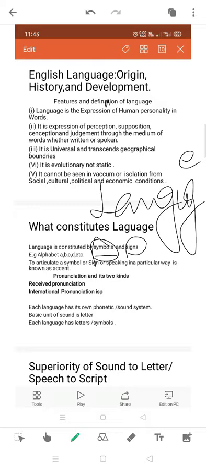Like in English, we have alphabets A, B, C, D, E, F. In Urdu, we have Alif, Be, Pe. In Hindi we have ka, kha. In other languages there are alphabets. There are some languages that possess their own manuscript. There are certain languages that don't possess their own manuscript, like we have